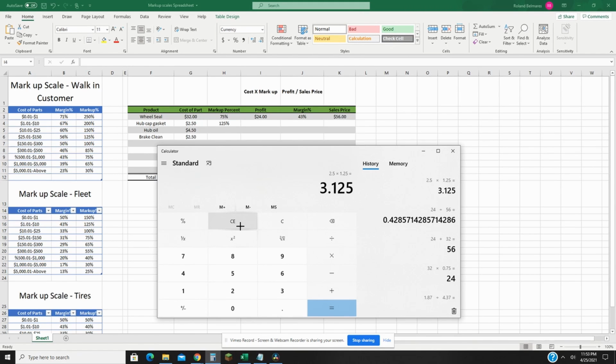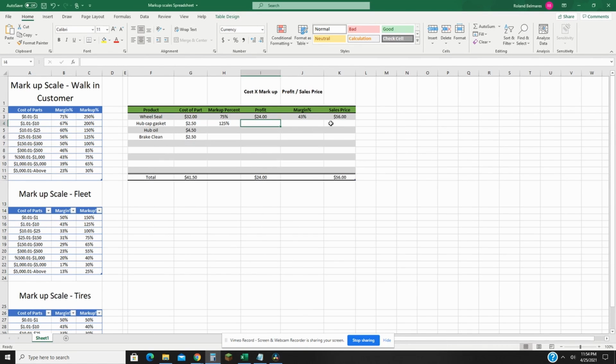So $3.12 plus $2.50, which is going to be $5.62, which is how much we're going to sell that hubcap gasket for. $5.62. Now, if you notice that the markup percentages are higher whenever the parts are smaller or lesser priced, and